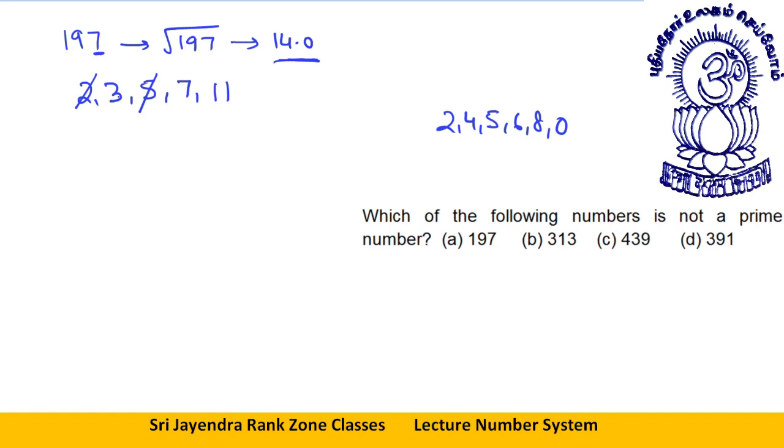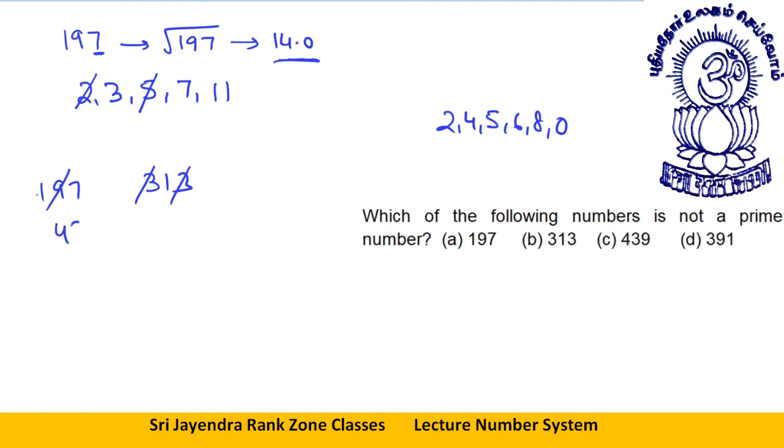I have already told you the divisibility rule of 3 in the previous class. I still tell you, for checking whether a number is divisible by 3, like this number 197, suppose I take 313. To check 3, just remove the multiples of 3. Now what is 7? 1 and 7 is remaining, so it is 8. It is not divisible by 3. You take 3, 3. It is 1 remaining. 1 remainder, it is not divisible by 3.